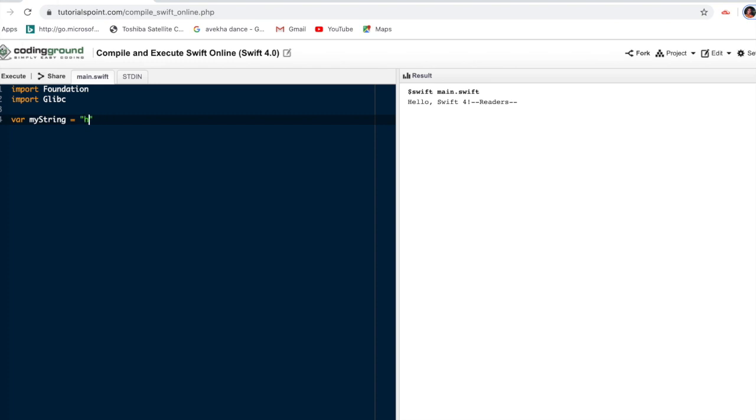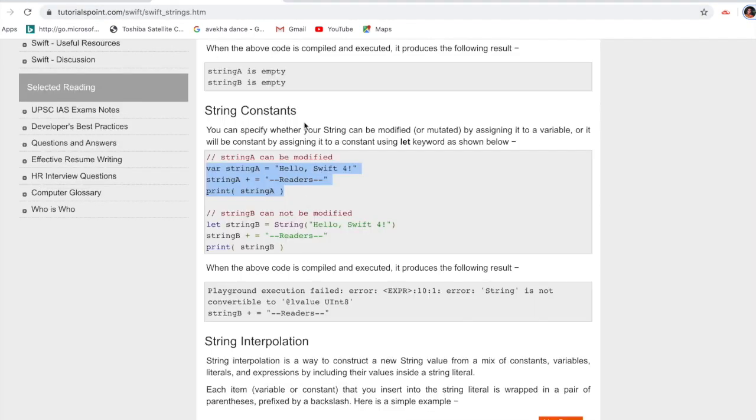And I thought I need to add one more word. Already my string has the value hello, so for adding I use plus equal and give the string welcome, and after that I print. I should get the output hello welcome. So this is the way of a string constant.